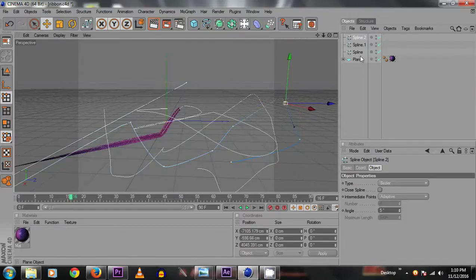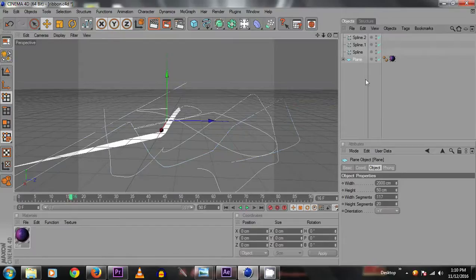Now copy the plane, click the plane, then Control C, Control V. We have another plane.